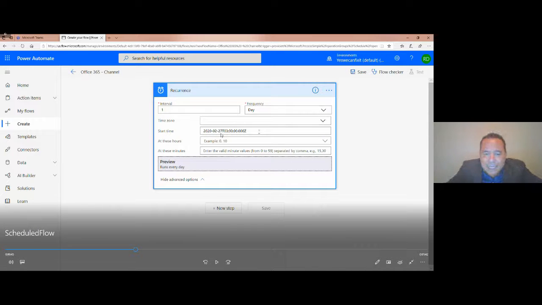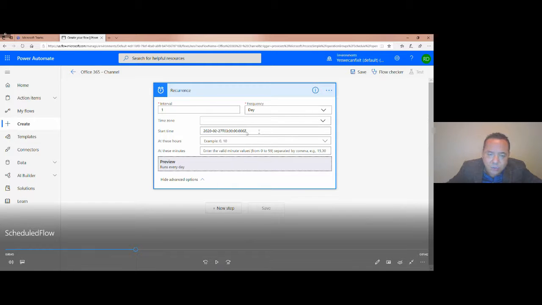This time format is the one you need to understand. In this case, you see 2020, February 27, and then 300Z. Every time zone is different. This is the time zone. It's not complicated, but if you understand this, then you will be able to set the time properly. That's what I wanted to show you.